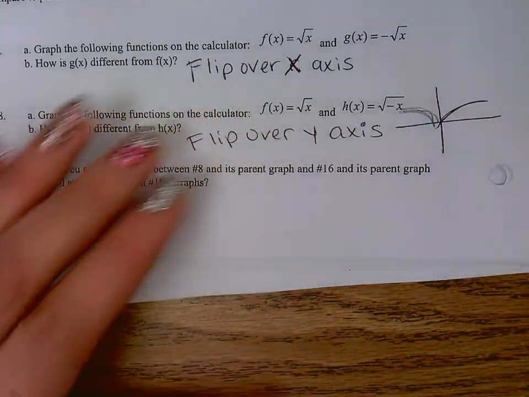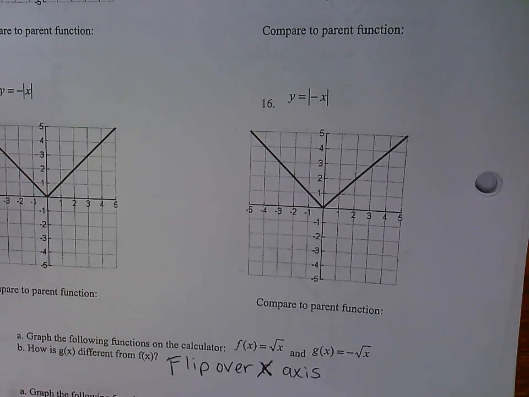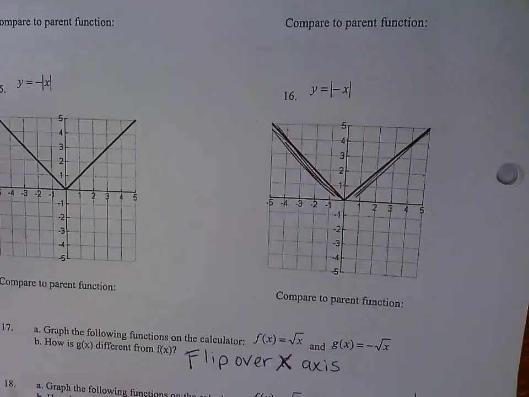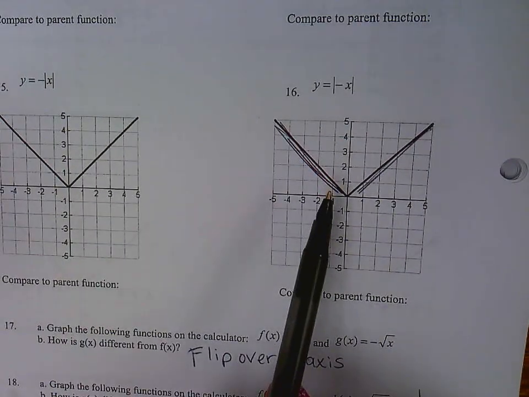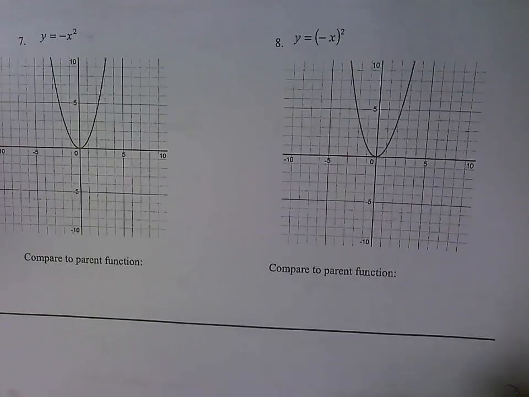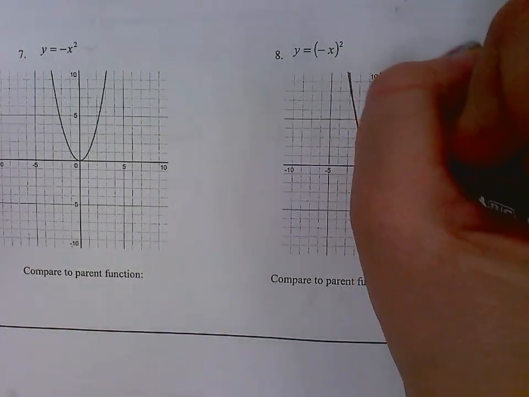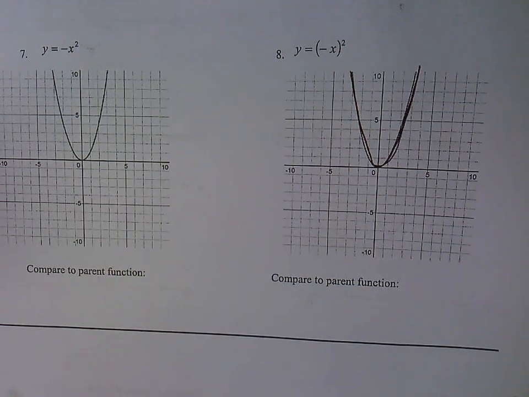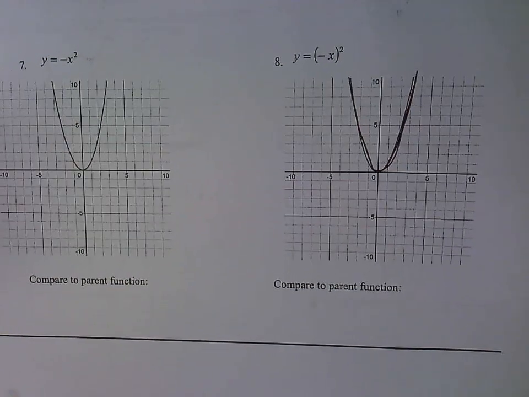But in 16, I couldn't see anything. It basically looked like just the same V-shaped graph, for those of you that did it. And then in number 8, kind of the same thing was true. In number 8, you just saw this same parabola trace on top of itself. So the reason for that, if I kind of compare for you